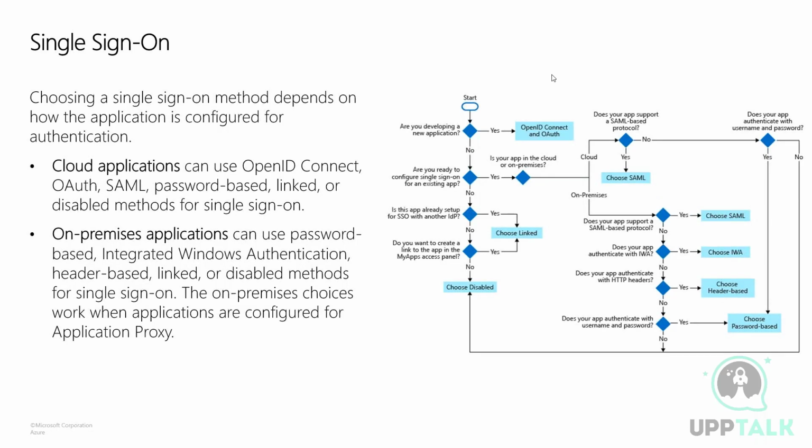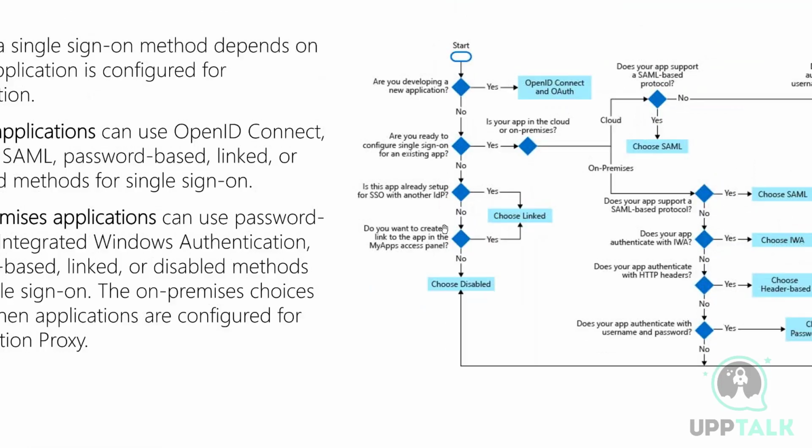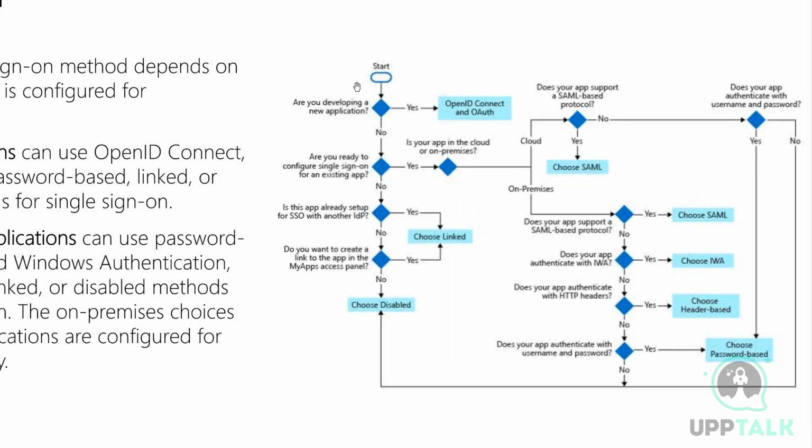If you look at your single sign-on, based on your current scenario, when you are developing a new application, you can directly register that within your Azure Active Directory, and you can start using OpenID Connect and OAuth. If you have an older application, you can configure single sign-on, and you want to associate that with your identities which are there in your on-premises environment. In those scenarios, you should go for a synchronization,